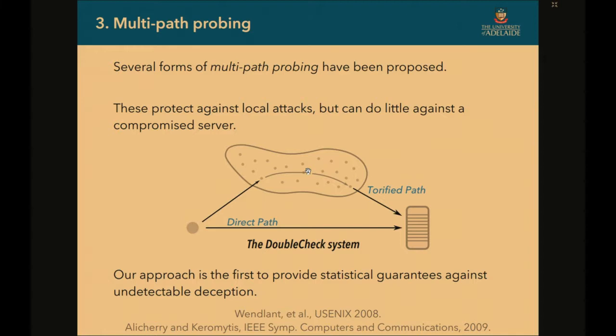Now, there have been a few systems that do something like this that have been proposed before. The one I was going to show here is DoubleCheck, which is a system to try to detect local man-in-the-middle attacks, because the idea is that you connect to your normal server, look at the certificate that you get, then make another connection via Tor. And this part here, where you connect to Tor, it's protected. And so you're getting two viewpoints of that server. And if you get a different certificate via Tor and via the direct path, then there's either a man-in-the-middle attack near you, or there's one on the Tor network.